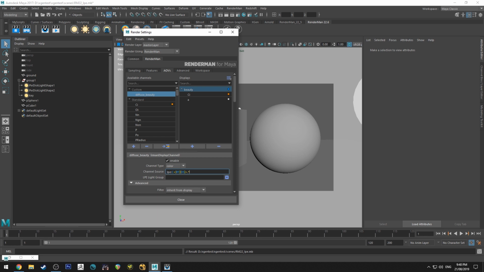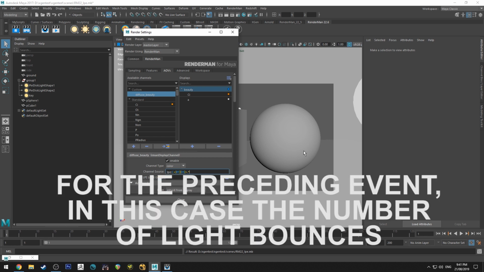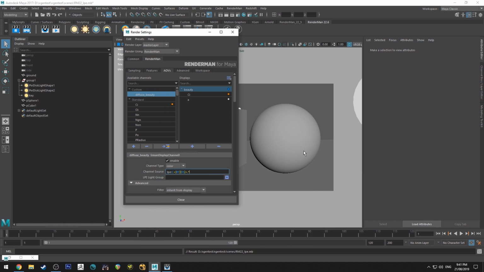Asterisk. Now the asterisk basically means a value of 0 or greater. In the instance that we're using it here, it's going to be 0 light bounces or greater, so anything more than 0 essentially. And then we're going to open another square bracket, and sometimes when you hit shift it tabs you out, which is really useful.